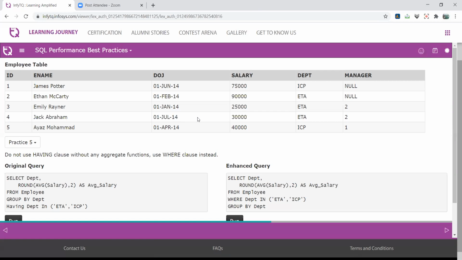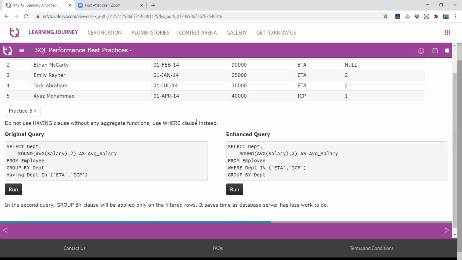Now, again, an interesting concept we already discussed, but again we revise these things, right? Do not use the HAVING clause without any aggregate functions. Use the WHERE clause instead. I've already told you this when we discussed the nested GROUP BY statement and the HAVING clause, right? So first, we understand the concept.